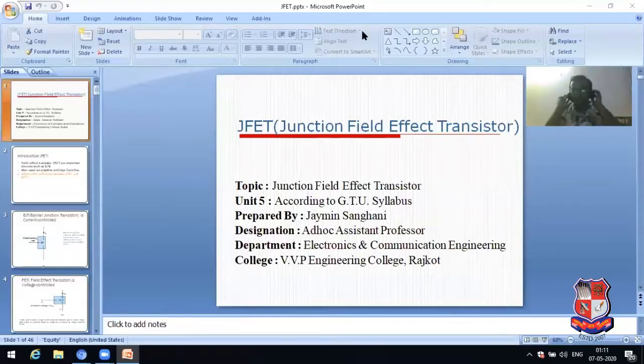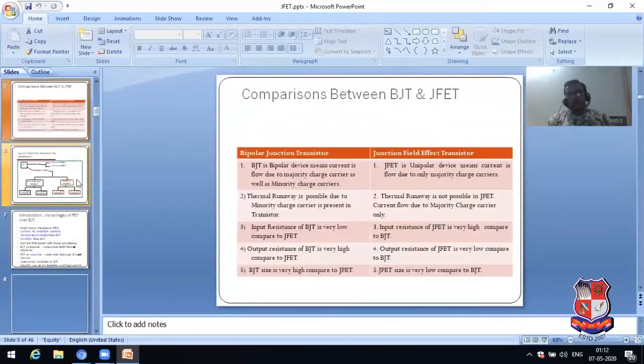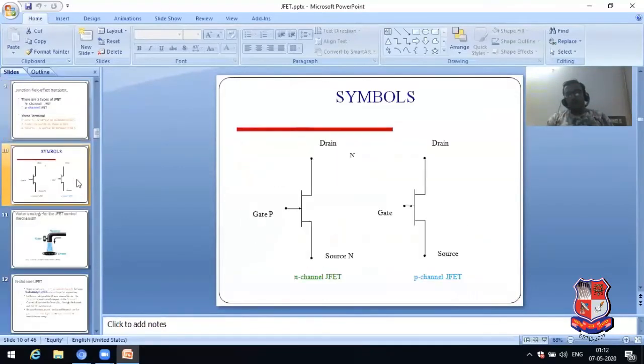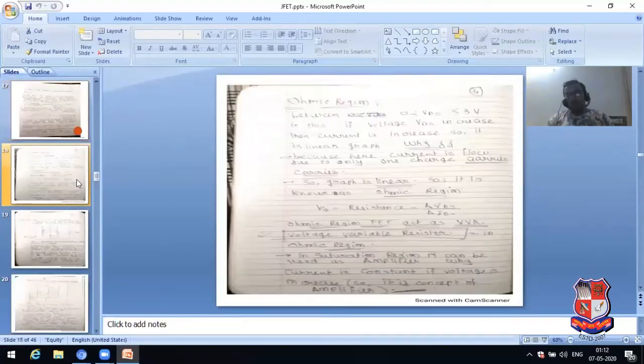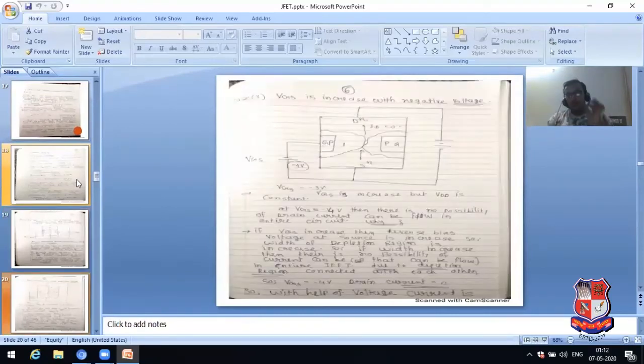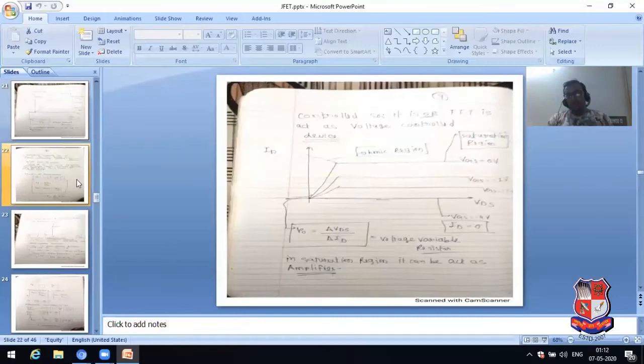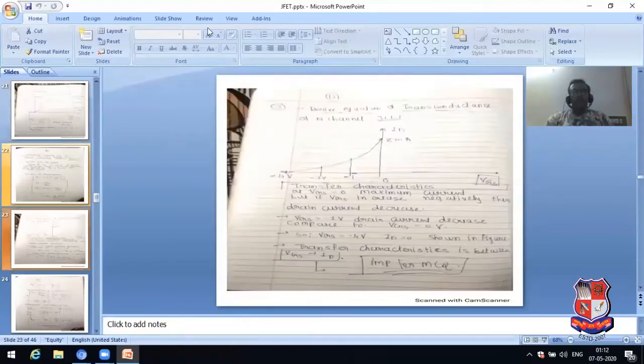Hello. Now, in this lecture, we have discussed the example related to JFET. JFET means junction field effect transistor. We already discussed this concept in the previous lecture. Now we have started the fundamental rules that we have identified based on the characteristics of JFET. I have written this word here. Please see carefully. This is the first point.